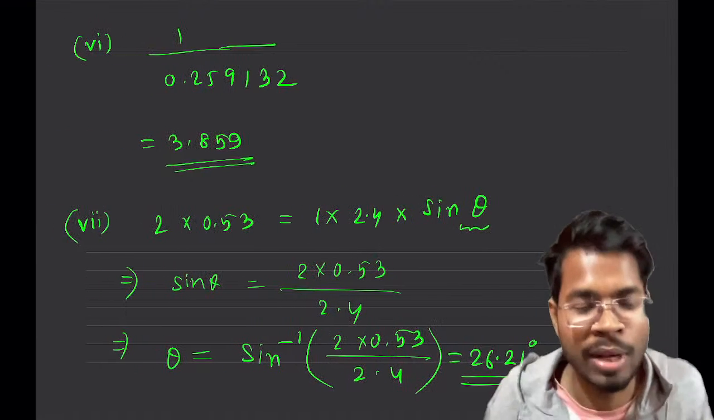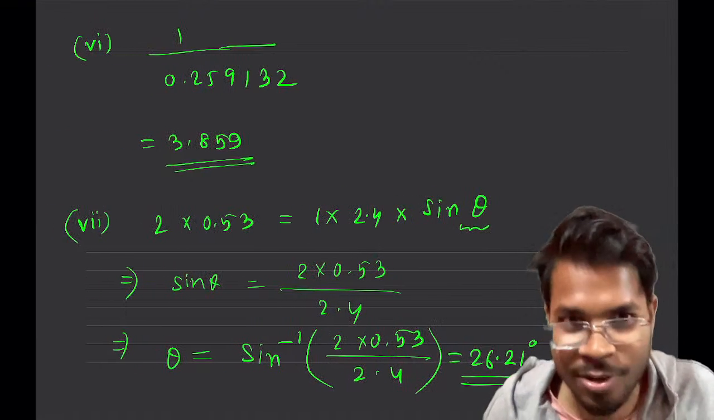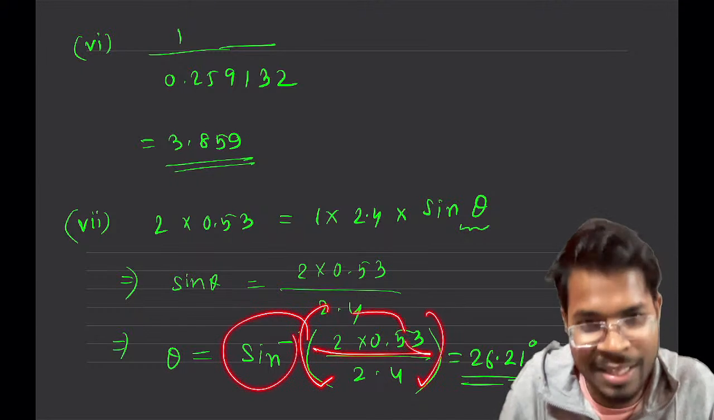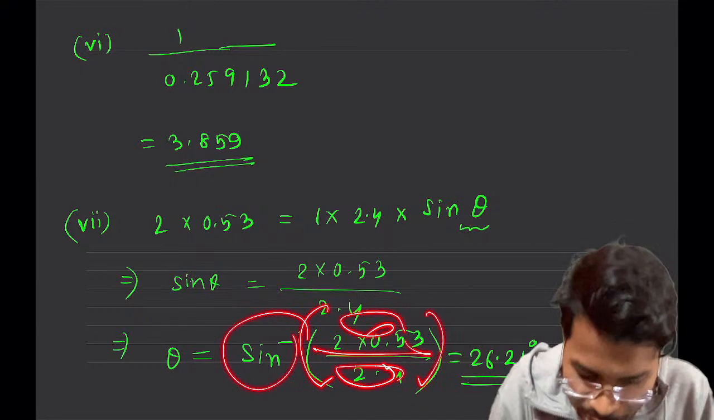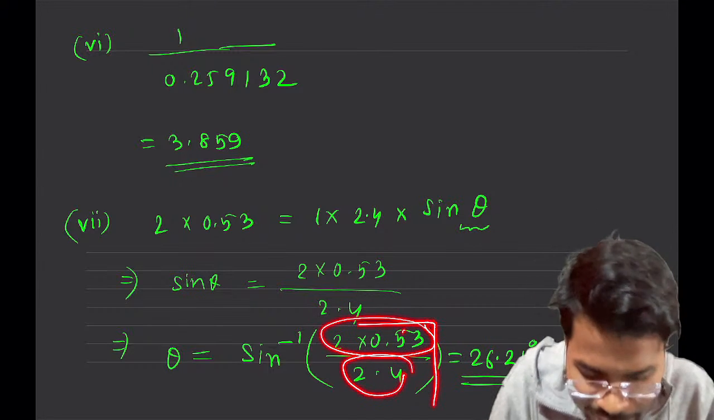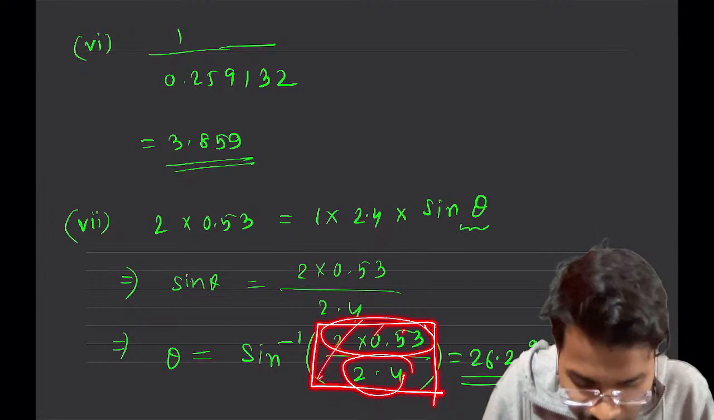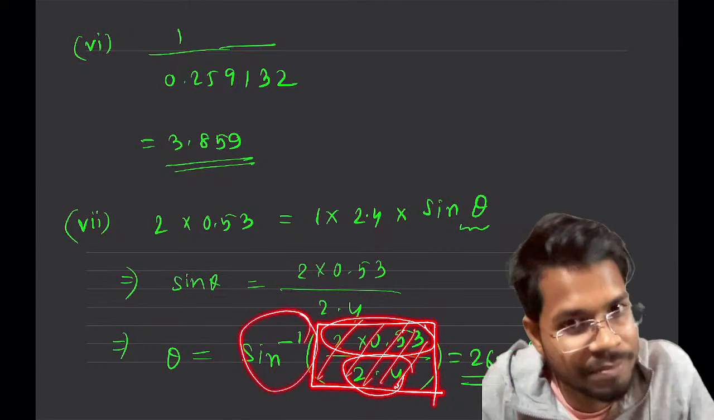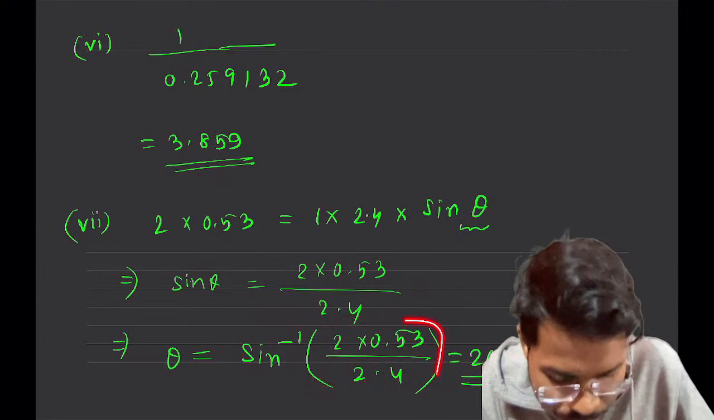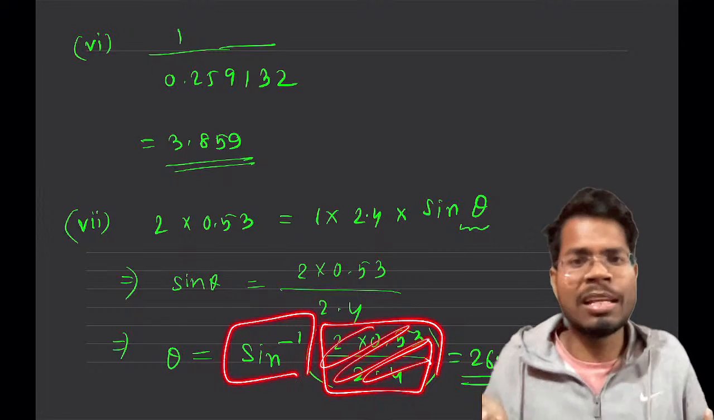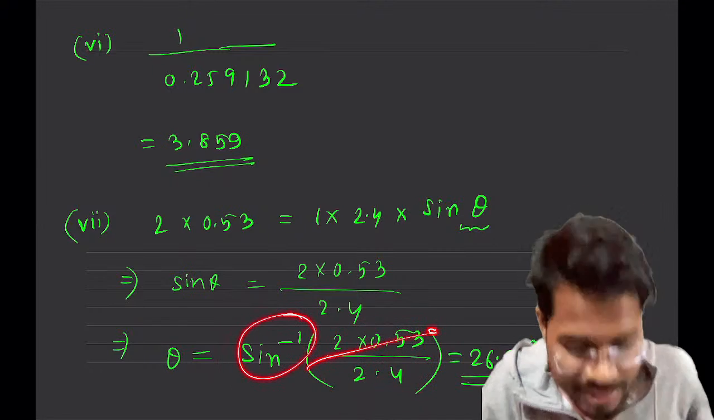This is how you will use your calculator. It is not a simple calculator where you put sine inverse and then in the bracket put this by this. You cannot do that. You have to do the multiplication, then the division, and then you will get the value of this. Once you have got the value, then use the sine inverse function, and sine inverse of this means